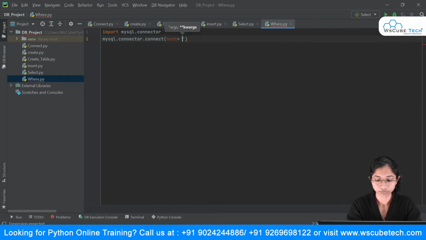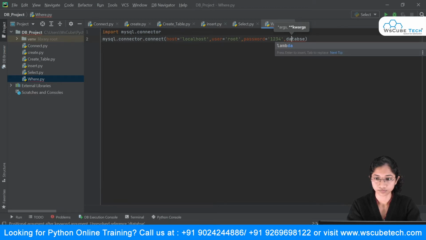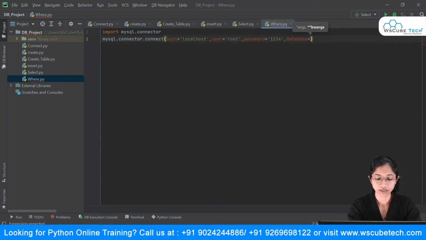Host is equal to localhost, then the user is root, then the password argument, password 1234, then the database. The database name over here is employee_db. That's it.